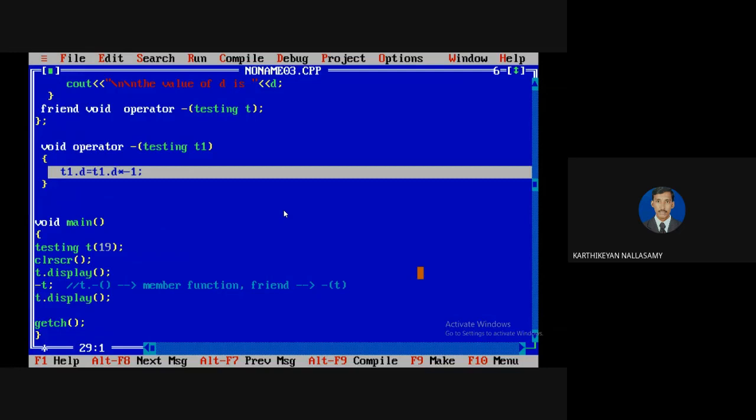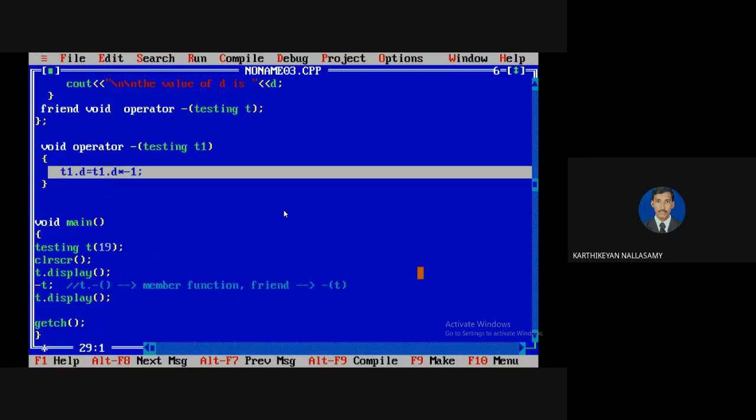If you go with Java or other object-oriented programming languages, if you are passing an object as an argument, it takes only the reference, so whatever we change will be reflected on the original object. But in C++, it won't be like that.